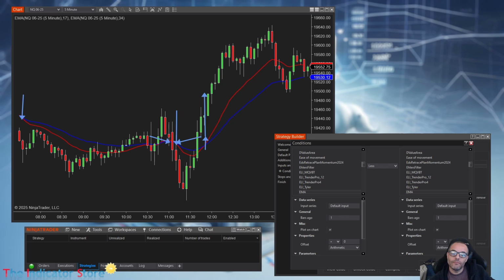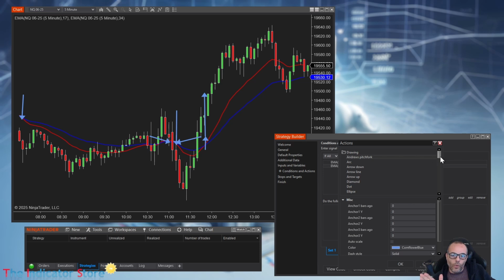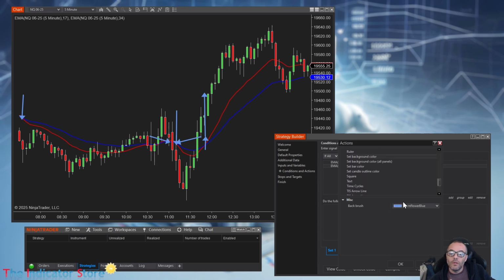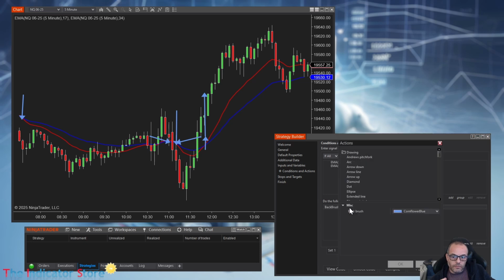Okay, so this is the condition for a long signal. Instead of placing an order, let's draw or paint the background with a color so we can check if it is working or not. Okay, set background color to something blue. For the shorts, we can duplicate, and now change the color,